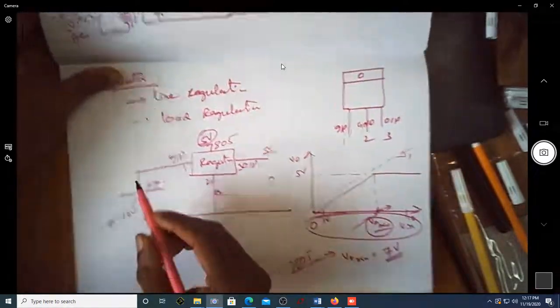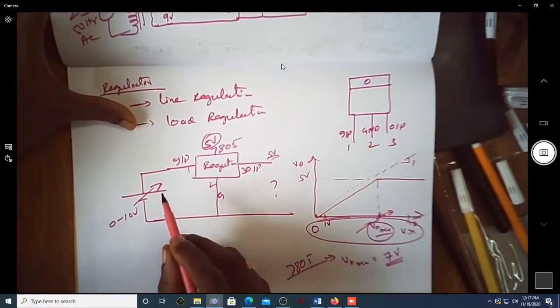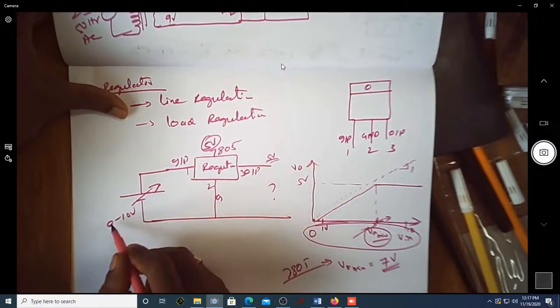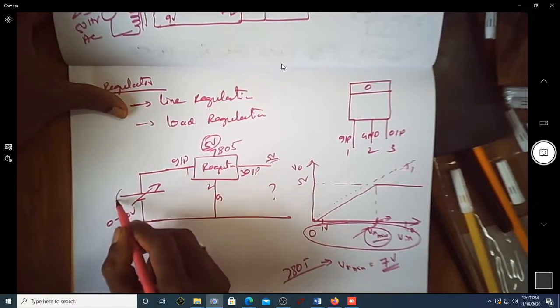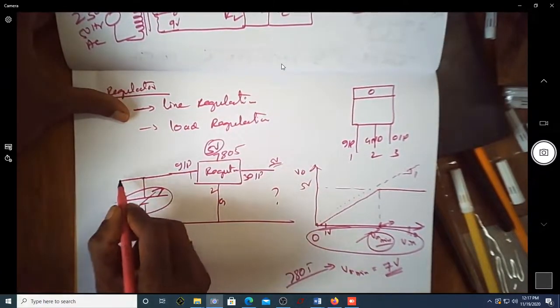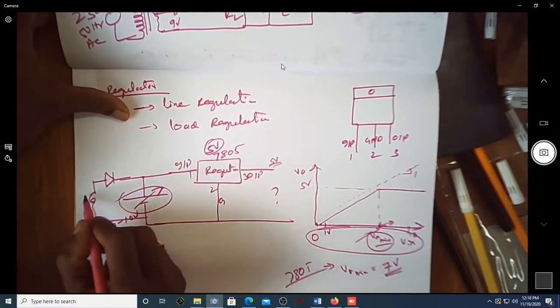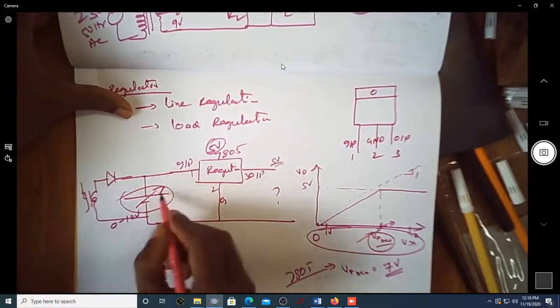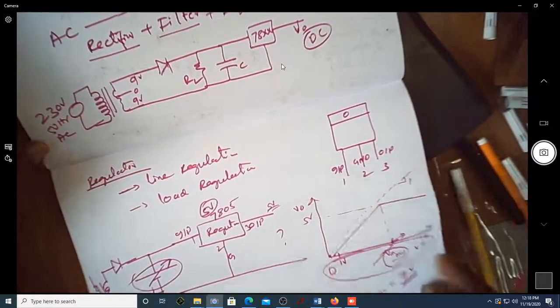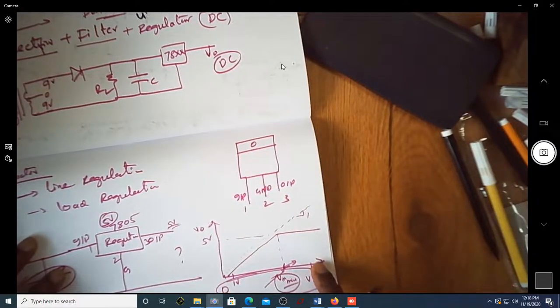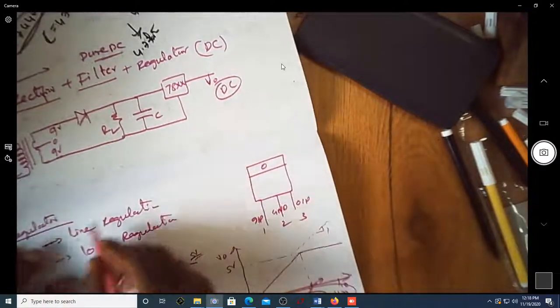Now what we have done in the remote lab is, instead of applying a voltage varying from 0 to 10 volt, we have taken this out and then we have connected this circuit. Can you see now, the circuit we have for realizing the line regulation. Why it is called line regulation is, the input is called the line voltage. If the input voltage is varying, how the output regulates is nothing but line regulation.